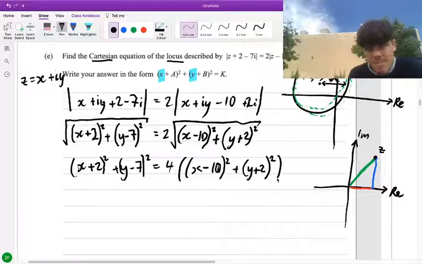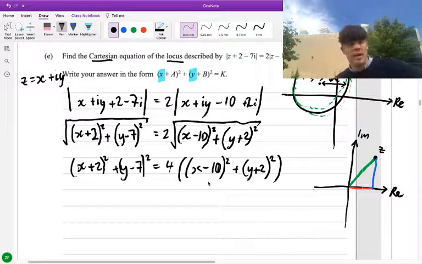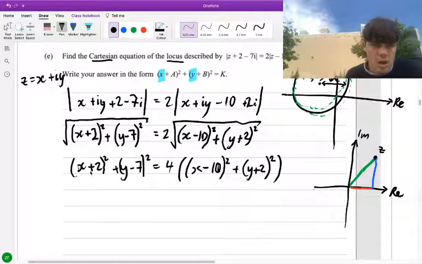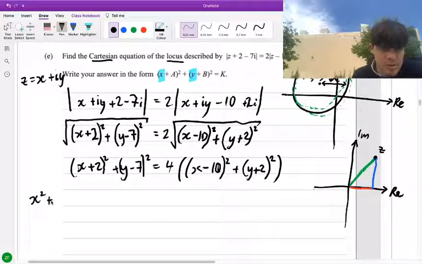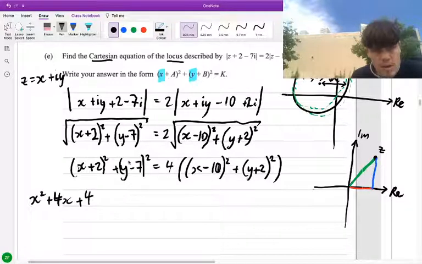Okay, so what do we do to expand this out? I think sadly we're going to have to expand everything. So this is just a lot of algebra. Okay, so x plus 2 squared is going to become x squared plus 4x plus 4. And then y minus 7 squared becomes y squared